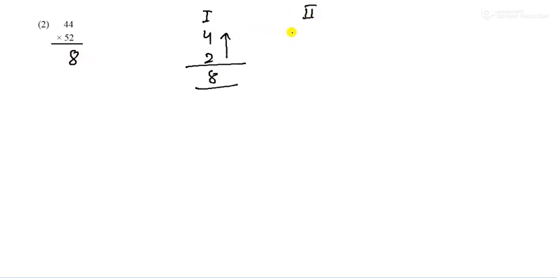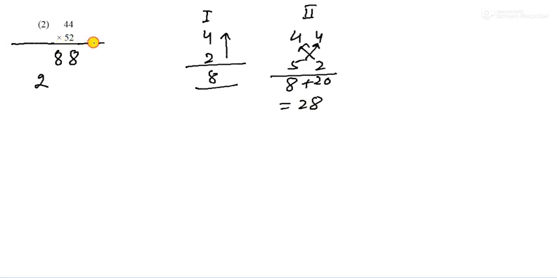It is your second question, 44 into 52. So you can write first step. First step is 4 into 2. Multiply vertically upward. It is 8. So you can write here 8. Now second step, it is 4 4 and 5 2. So multiply diagonally. So what will happen? 4 2s are 8 and 5 4s are 20. So it will be equal to 28. So 8 is here and 2 is carried out.